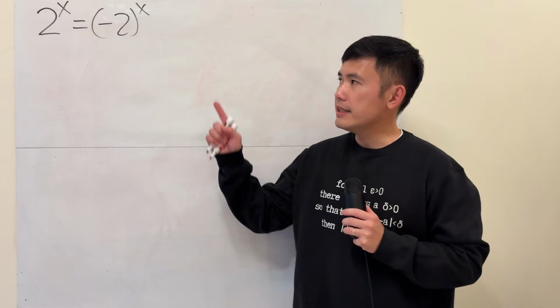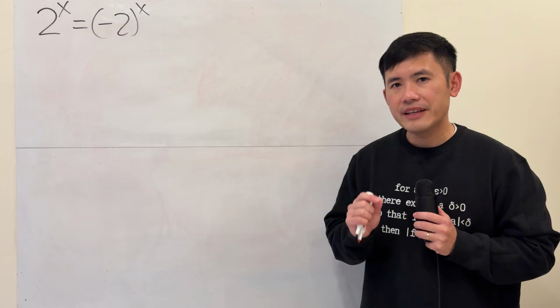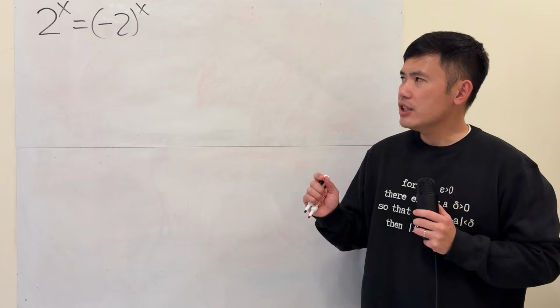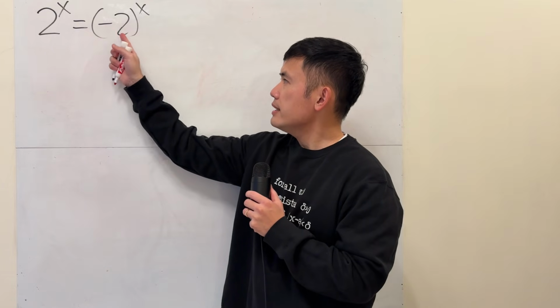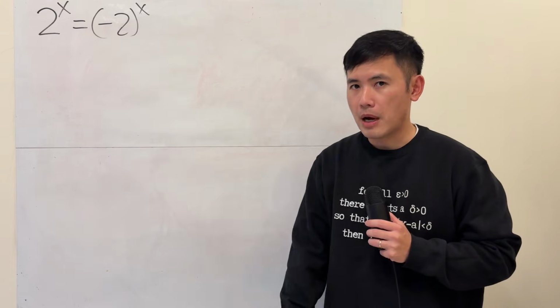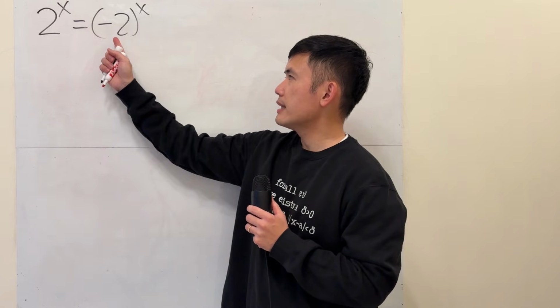Today I wanted to go over this exponential equation with you guys, and in fact this one right here has infinitely many solutions. It's a little bit tricky though. Let's have a look. We have 2 to the x is equal to -2 in the parentheses and then raised to the x power. Firstly though, the bases are different, and the worst thing is that this base right here